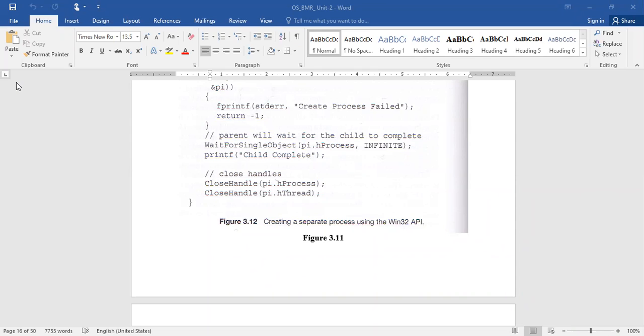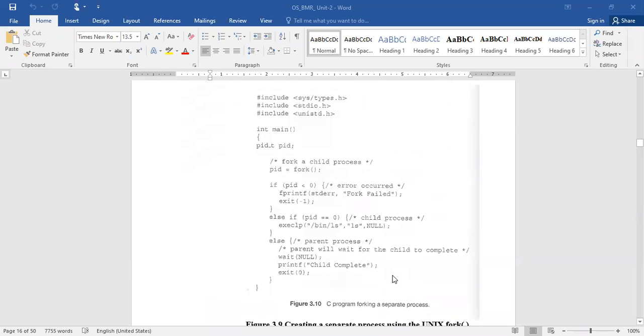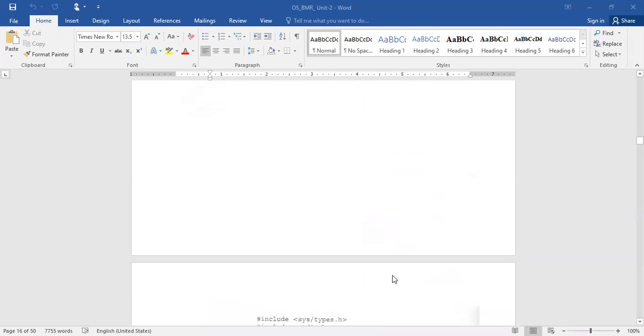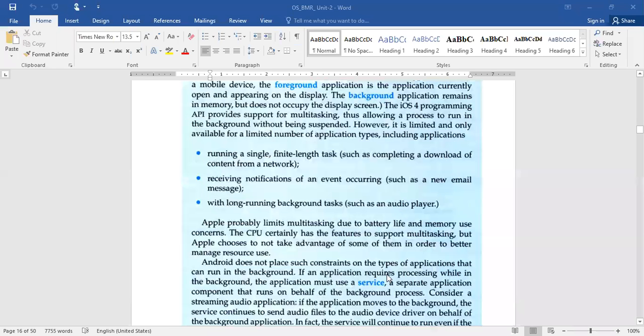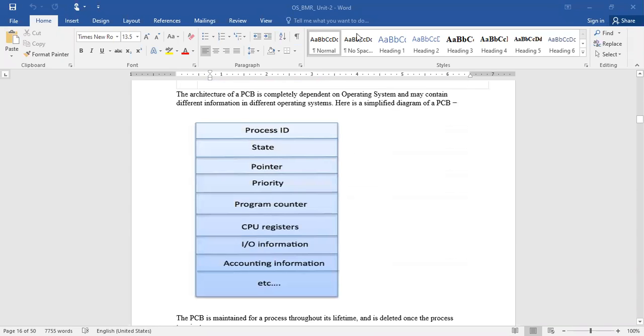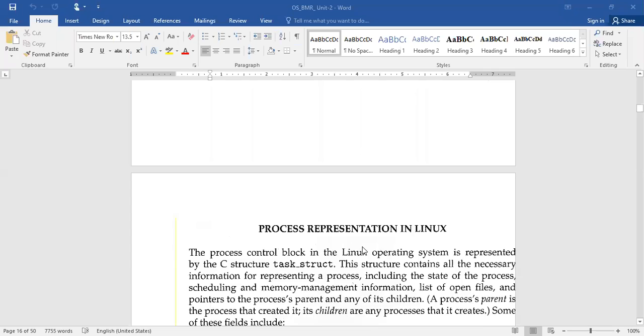Why we need to maintain the data structure is, for that we have observed one case: how the CPU has switched from one process to another process to maximize its throughput. That is context switch.